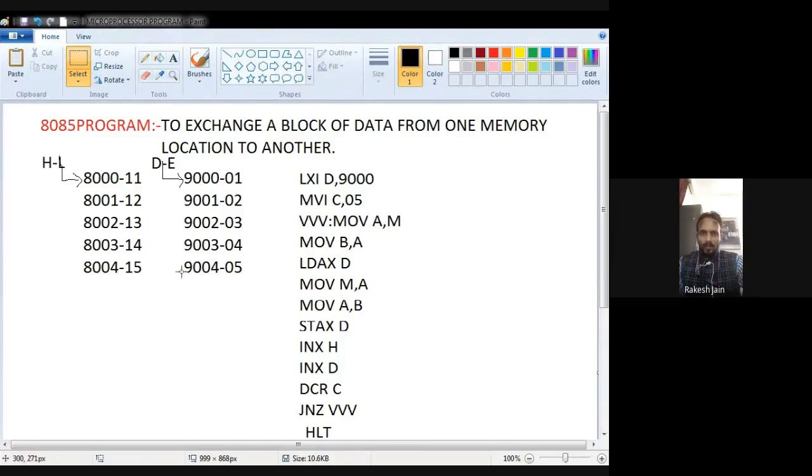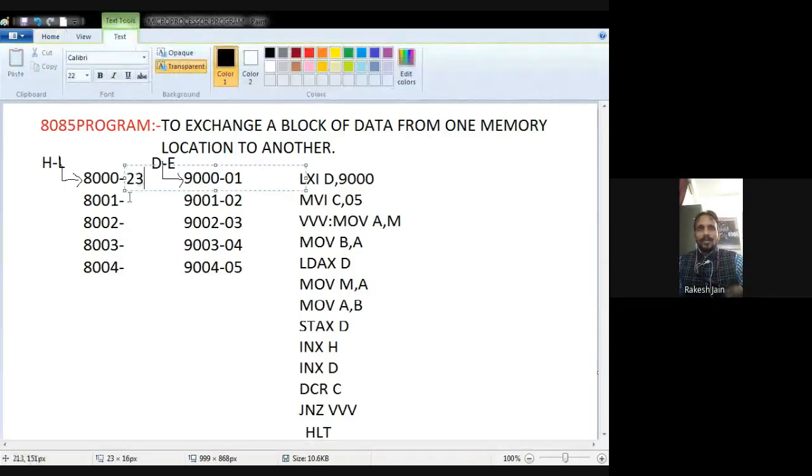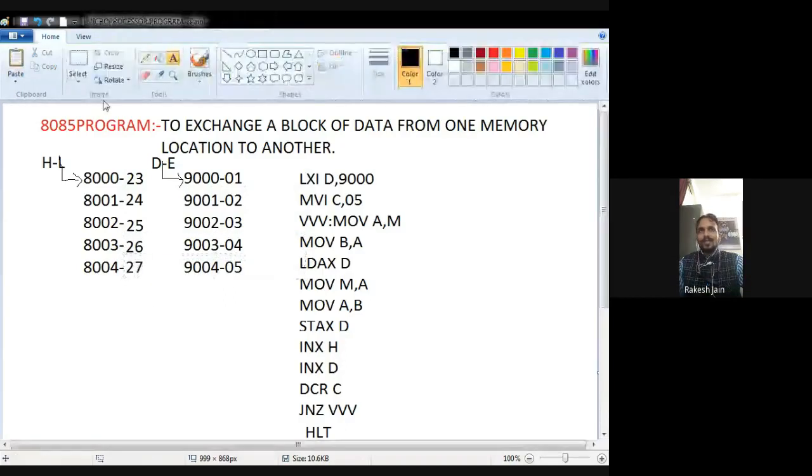Okay, we can use any data instead of this 11 12 13 14 15. Let's suppose we wish to add any data, you can use another data also. So let's suppose the data is 23 24 25 26 and 27. Any data you want to change, you can change it.